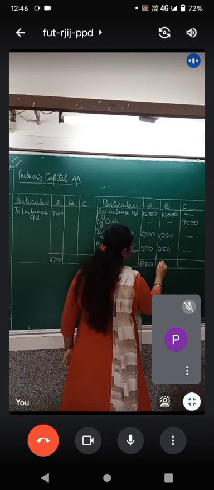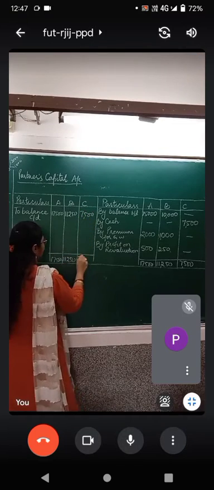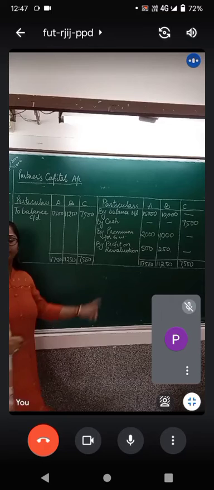Okay, for him 11,250 rupees. And for C it is the share of his capital. Any confusion with the partner's capital account? No, ma'am. Alright. Complete this very quickly, then we will do the balance sheet. Copy down partner's capital account and then we will switch to balance sheet.